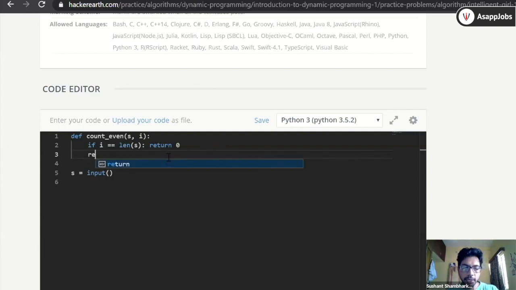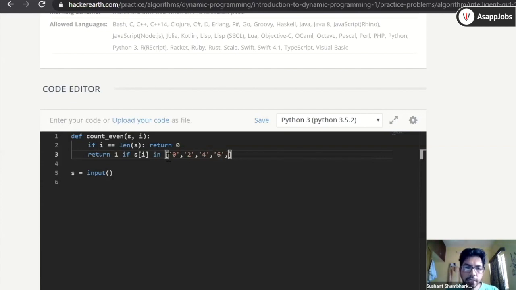So I'll just write that condition. Return 1 if s of I, where I is the index and s is a string, is an even number. So 0 is even, then 2 is even, then 4, then 6.